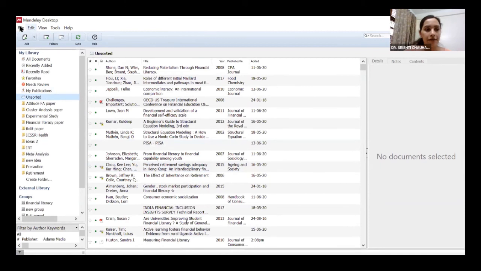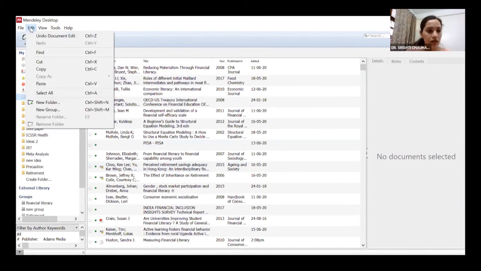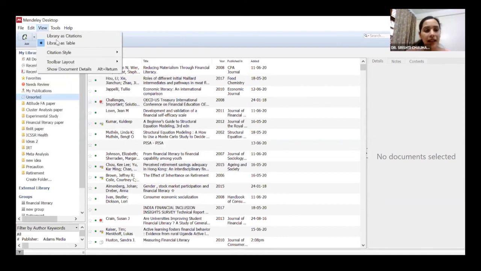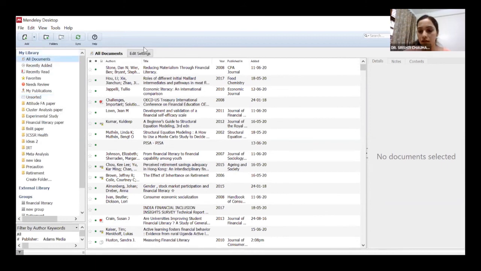Now, file is done. Edit is very basic, the same things, cut, copy, that you can do using your keys and all. Okay, library as citations, library as table. Okay, now I will come to this. Before that,